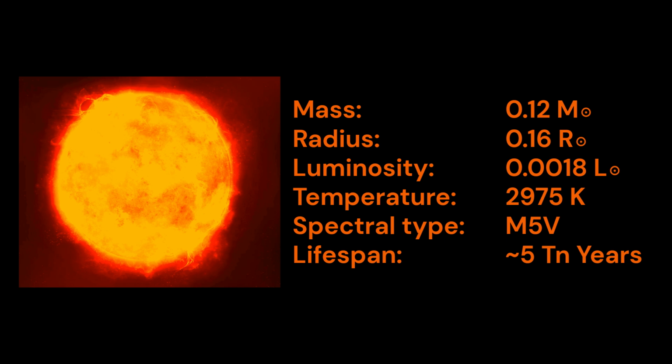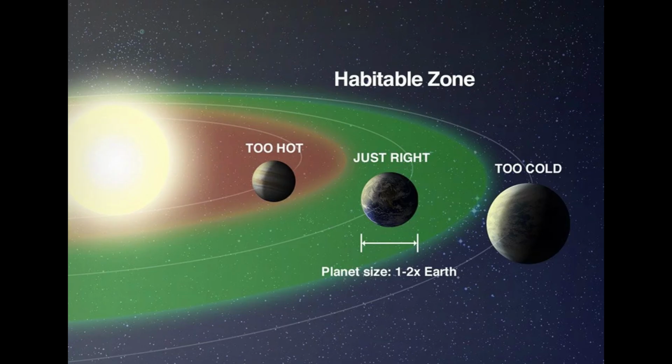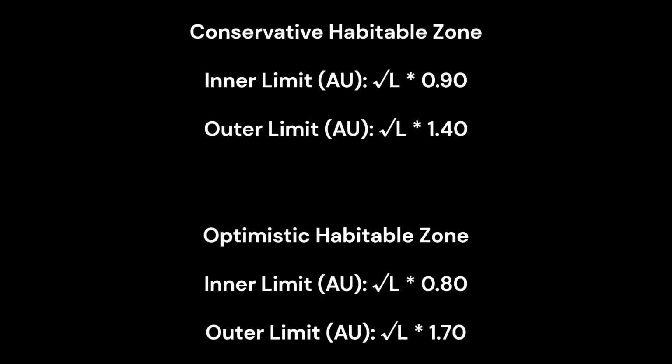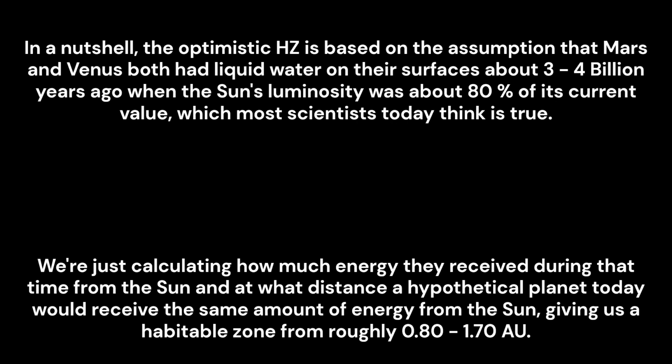Now, when calculating the habitable zone of the star, we typically just take the square root of the luminosity and multiply it with two different factors for the inner and outer boundaries in AU. There are two main sets of factors for calculating these boundaries: the conservative habitable zone, which is based purely on theoretical calculations, extends from roughly 0.9 to 1.4 times the square root of the luminosity of the star, whereas the optimistic habitable zone, which is mainly based on the assumption that Mars and Venus used to have liquid water on their surfaces a few billion years ago, which most scientists today agree on, extends from roughly 0.8 to 1.7 times